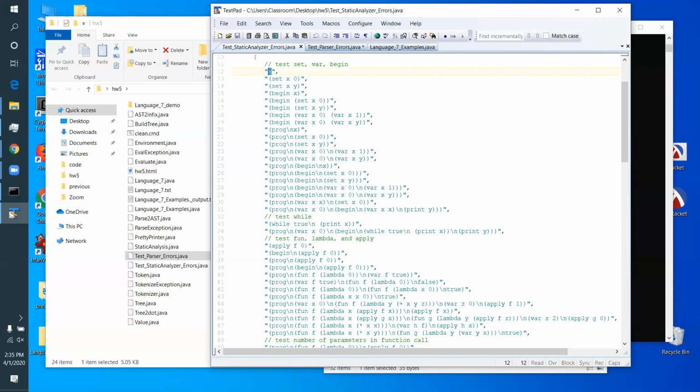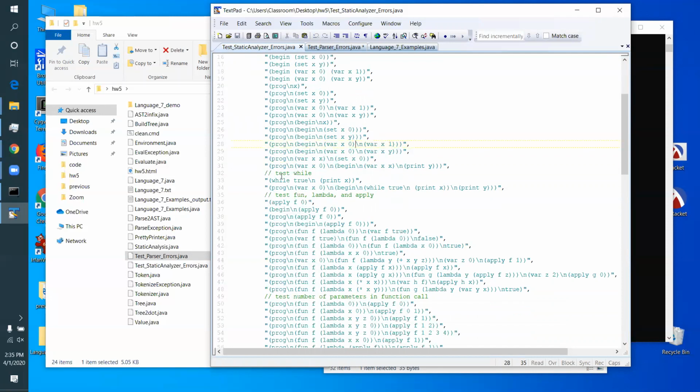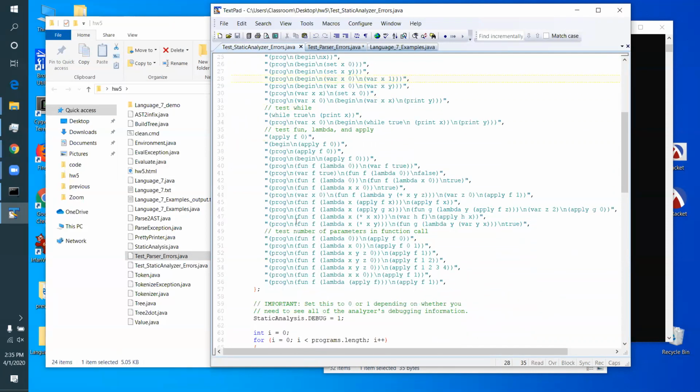Like this is an undeclared variable. That's an undeclared variable. That's two undeclared variables. That's an undeclared variable. So yeah, it starts off with lots of examples of undeclared variables. Actually, most of the errors here are undeclared variables. By far and away, the most of them are undeclared variables. Okay, so there's a whole bunch of just ways to generate undeclared variables. And then there's also a few things like an